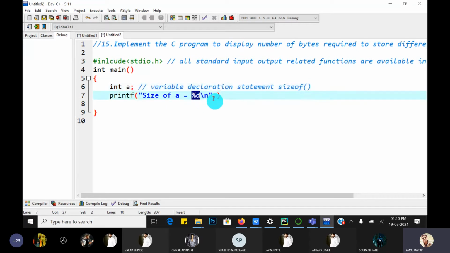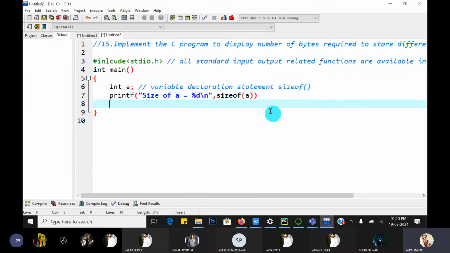So it is %d. And we can write the sizeof function. And what is the argument we have to pass to this function? Either we pass the name of the data type or the name of the variable. Both are valid. For example, just give the name of the variable and then give the semicolon at the end of the statement. Last is return 0.